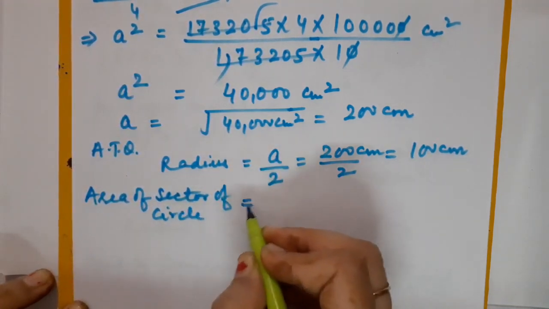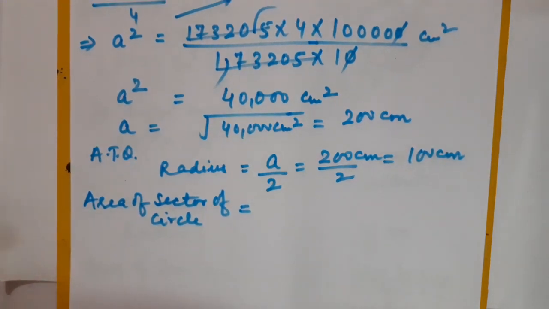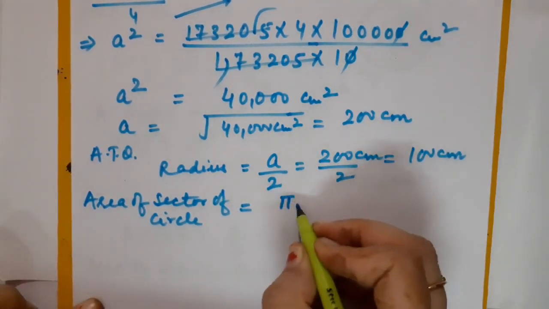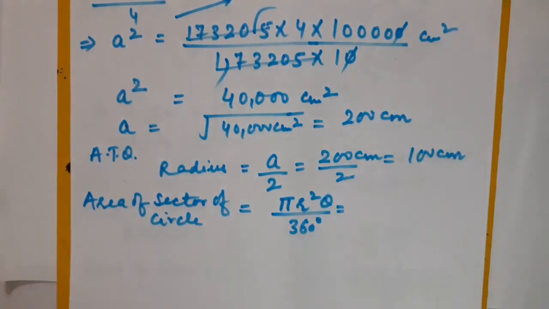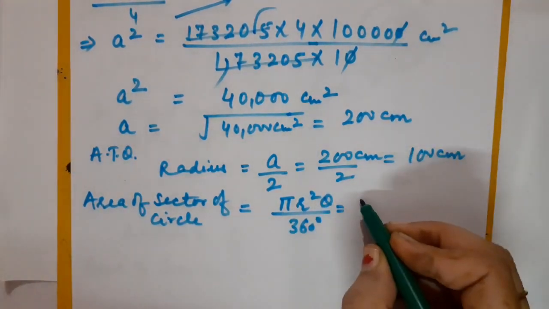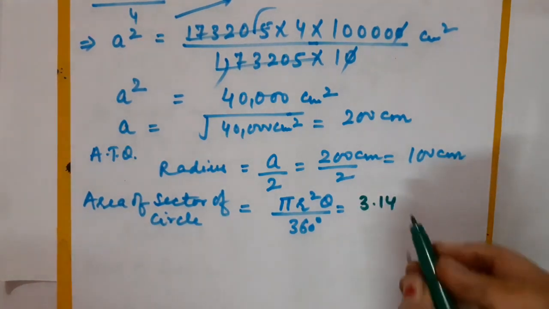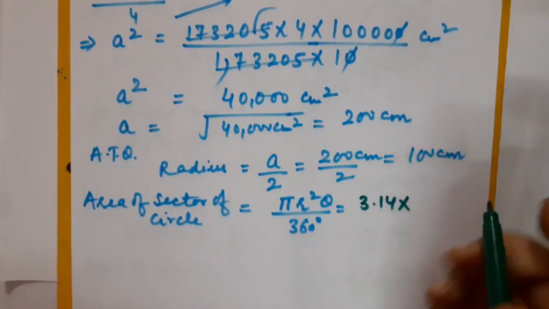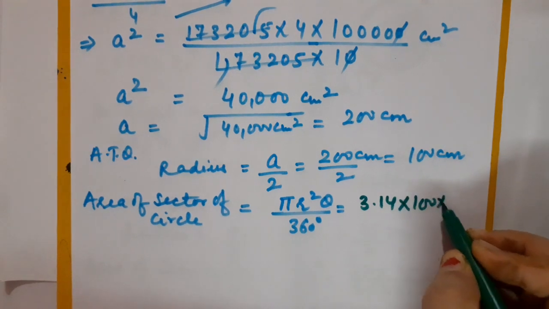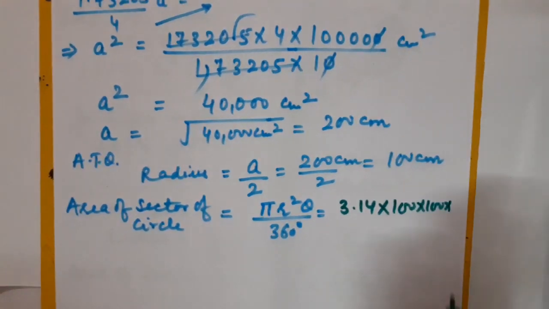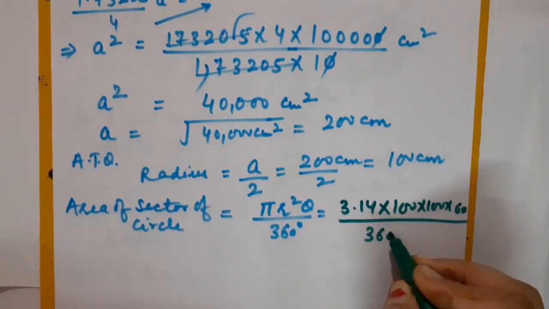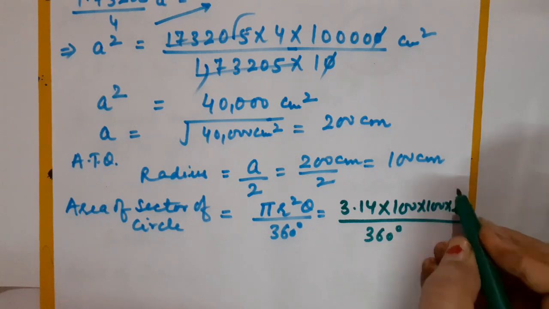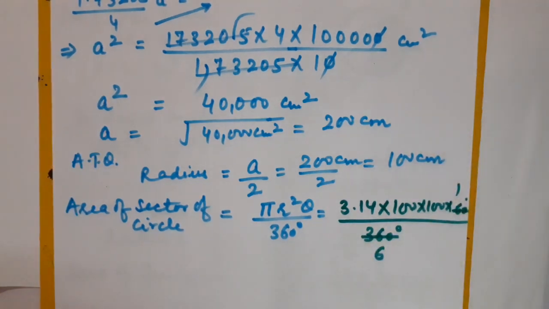You know each and every sector is going to form a 60 degree angle, and the radii are also the same. So the formula you know is pi r square theta upon 360 degree. Children, it is given in the question that you are supposed to use the value of pi as 3.14, into the radius we have just calculated, that is 100 into 100. What is theta? Theta is 60 degree. Correct? Divided by 360 degree. So cancel it, 60 ones are 6.